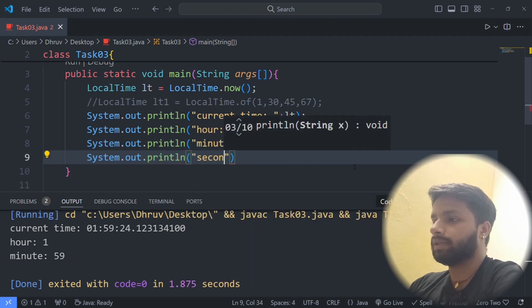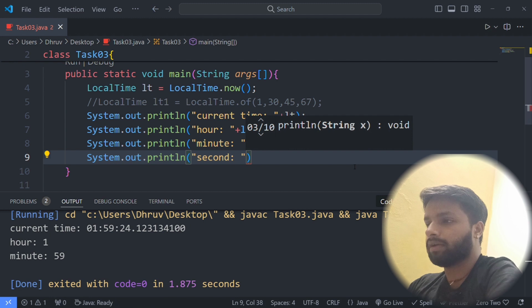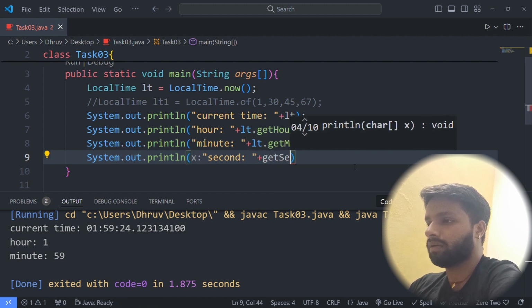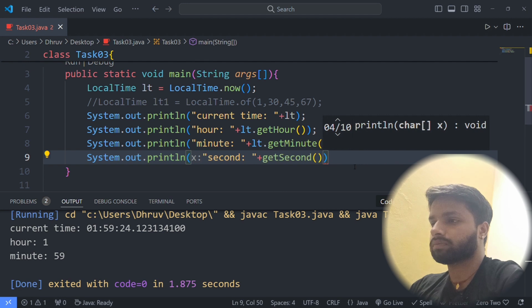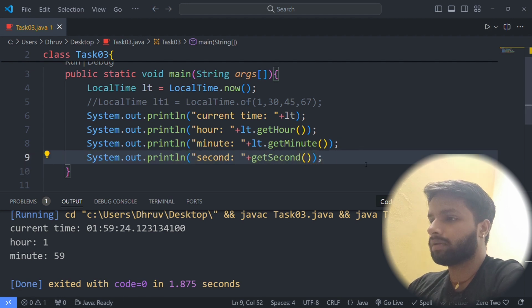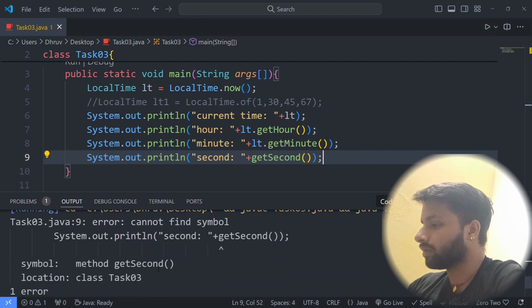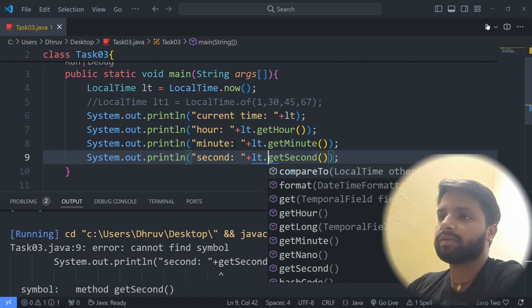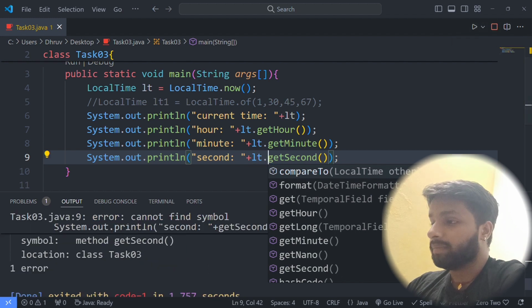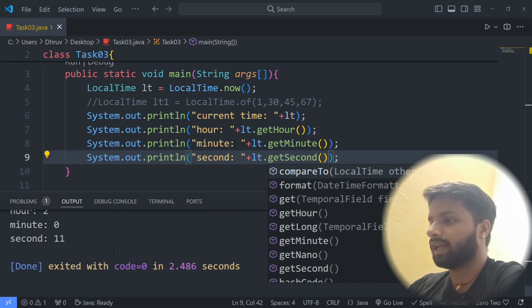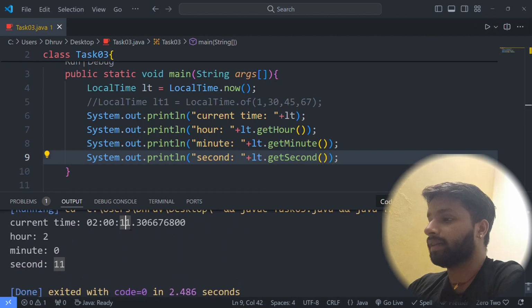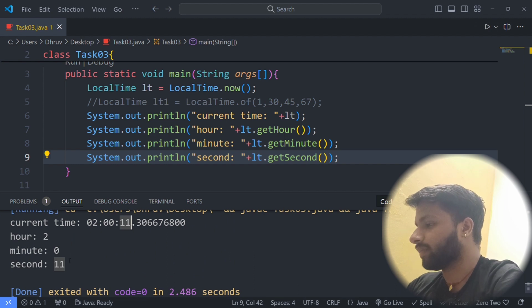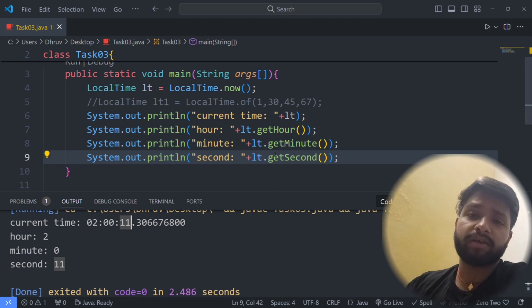Now this is second: lt.getSecond. Little mistakes. Now it's 11. So this is the time, and this is the second that we get. These were a few get methods.